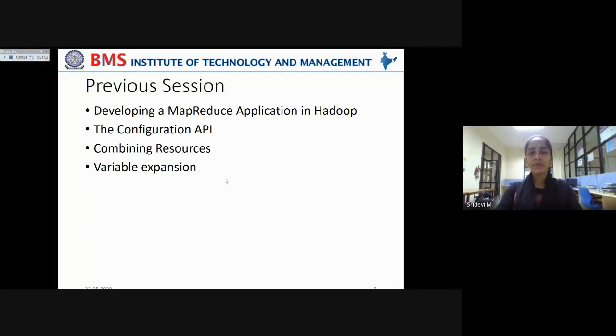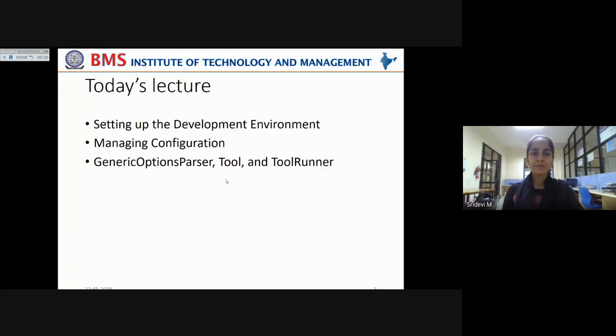If you want to set some properties in the XML file while adding the resources at the command line itself, then you can specify that property with a dollar symbol so that you can add those properties in other XML files or from the command line so that that particular value will be taken. You don't need to give any default value for that kind of variables. Okay, these are the topics covered in the last class.